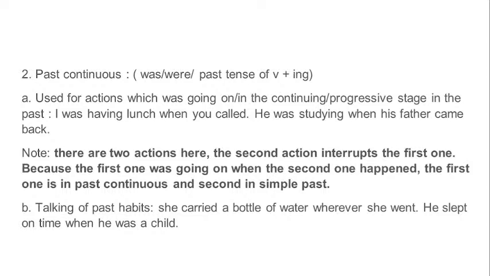When this first interrupted action was in the progressive stage, in the ongoing phase, that is why we have used the continuous form of the verb. That is -ing: having, was the past tense of is, have, having. Having is the continuous form of the verb have. Right. So since the first action was in the progressive condition and it got interrupted when the call came,